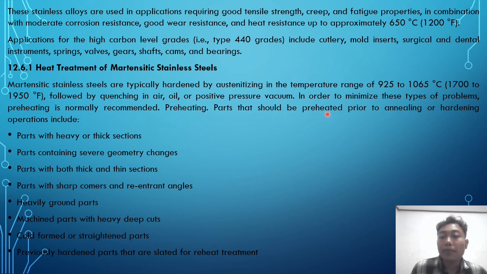Parts should be preheated prior to annealing or hardening. Candidates include parts with heavy or thick sections, parts that contain several geometric changes, parts with both thick and thin sections, parts with sharp corners and re-entrant angles, heavily ground parts, machined parts with heavy or deep cuts, cold formed or straightened parts, and previously hardened parts that are slated for reheat treatment. The next,